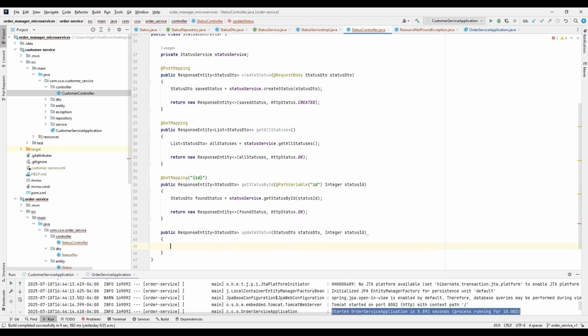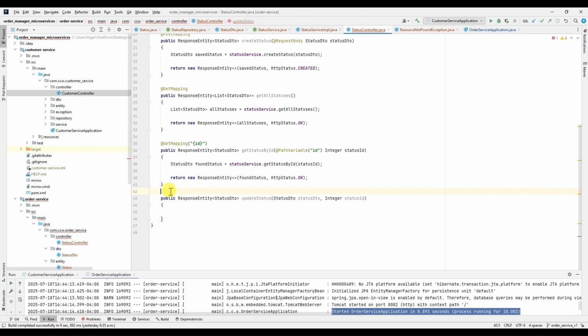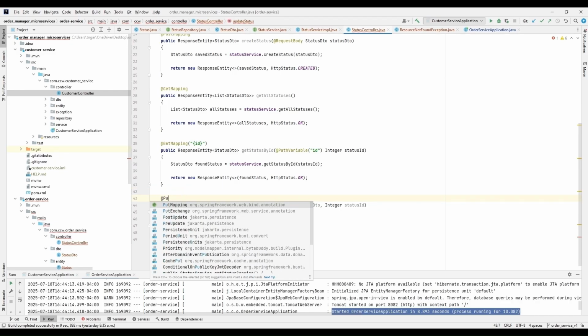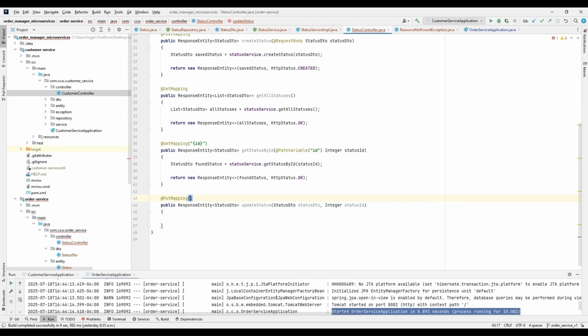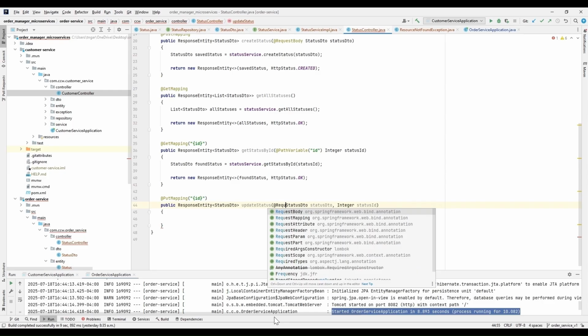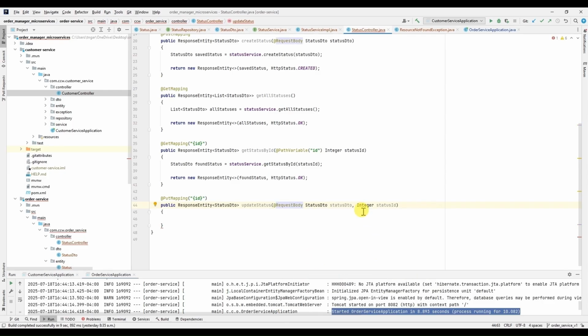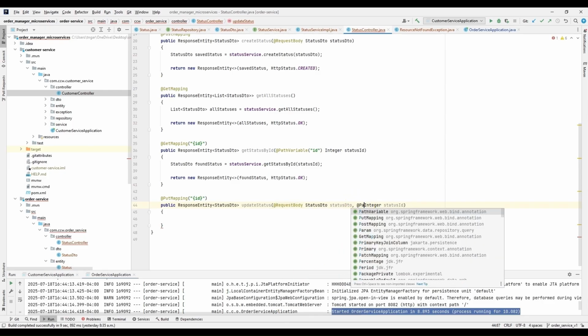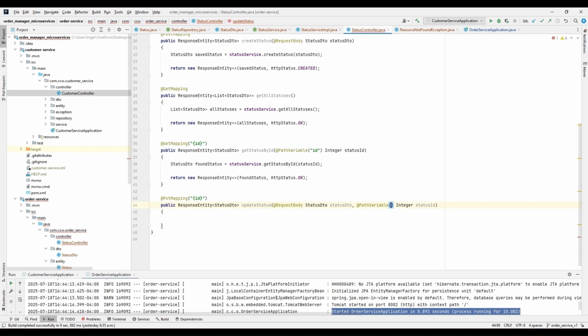We have to annotate this method with the @PutMapping annotation. Also, we have to pass a path variable here, and we can use the @RequestBody annotation as before to convert the JSON to the status DTO object, and also the @PathVariable annotation to bind the path variable to